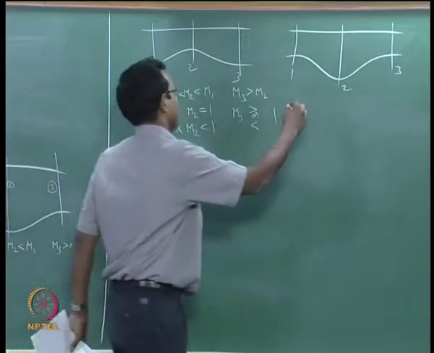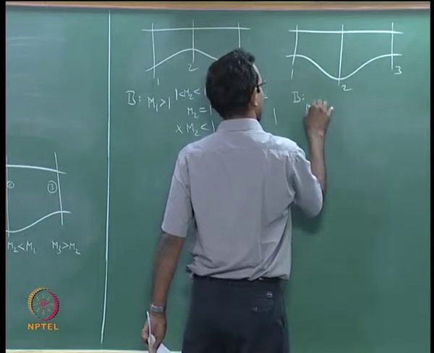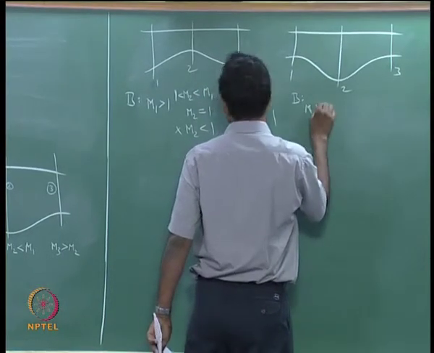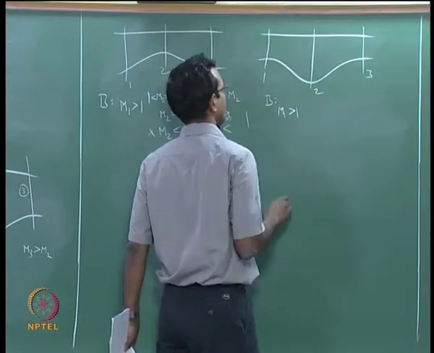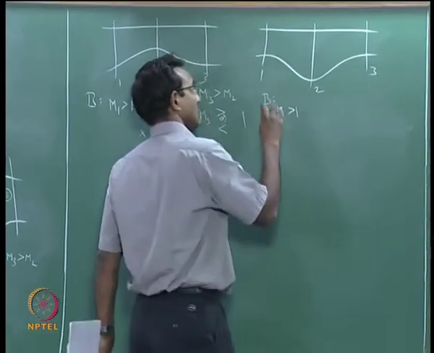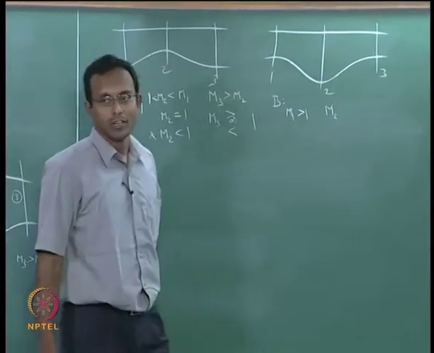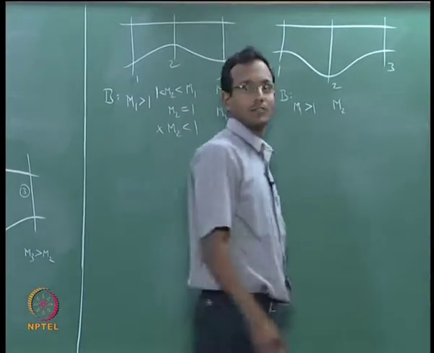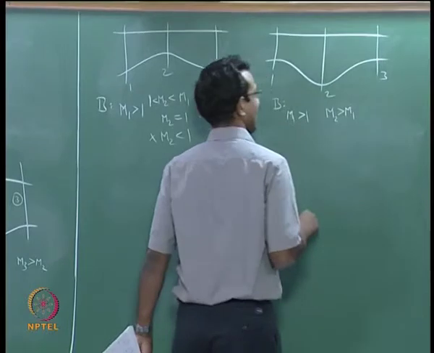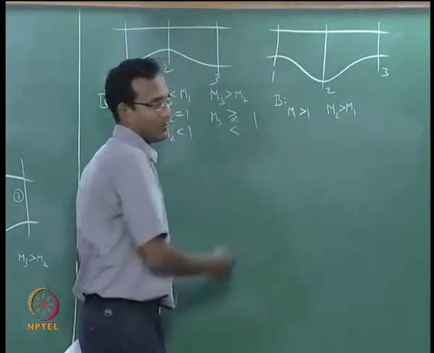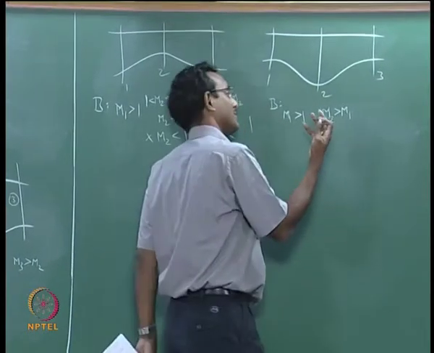What about the other system? If I have case B here, M1 we said greater than 1, I am going to pick. I am picking M1 greater than 1. What happens to M2? Supersonic flow diverging is going to increase, M2 greater than M1. And of course that means it is definitely more than 1, we do not need to worry, it is going to be 1.5 becoming 3, something like that.